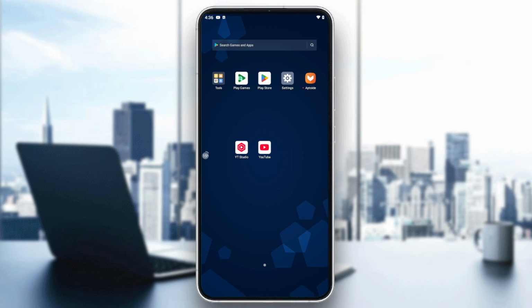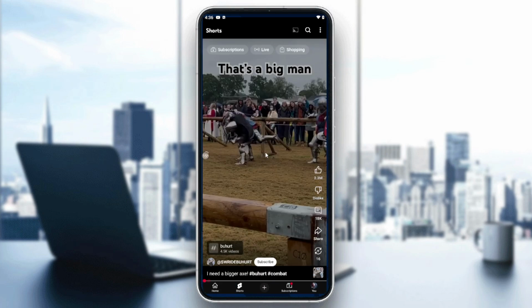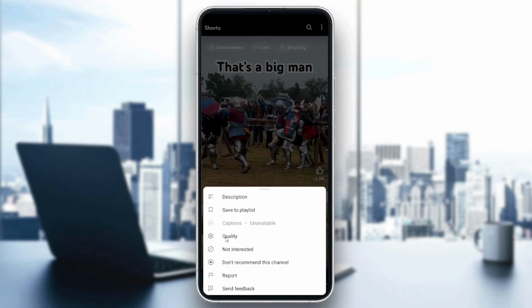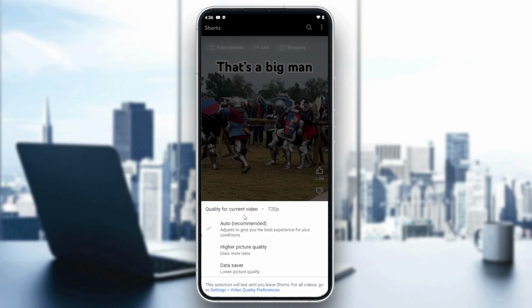So if you are sure that you have a stable connection and you still have this problem, that means we just need to increase the quality. To do so, you will need to go to the YouTube app and then you will be able to see your Shorts. From here, we will find this three-point icon. By clicking on it, we will find this quality tab or choice. You will need to click on it, and basically, you will see the quality. Make sure to use higher picture quality so you can solve this